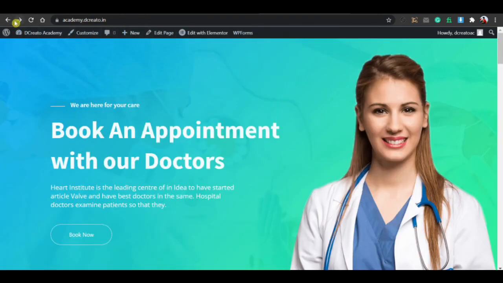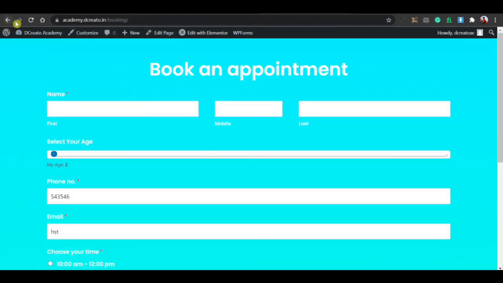And now we want to add a back to home button, because if you click on previous page or next page, the patient viewers may be worried about this. So how do we create that? Click on Edit with Elementor.